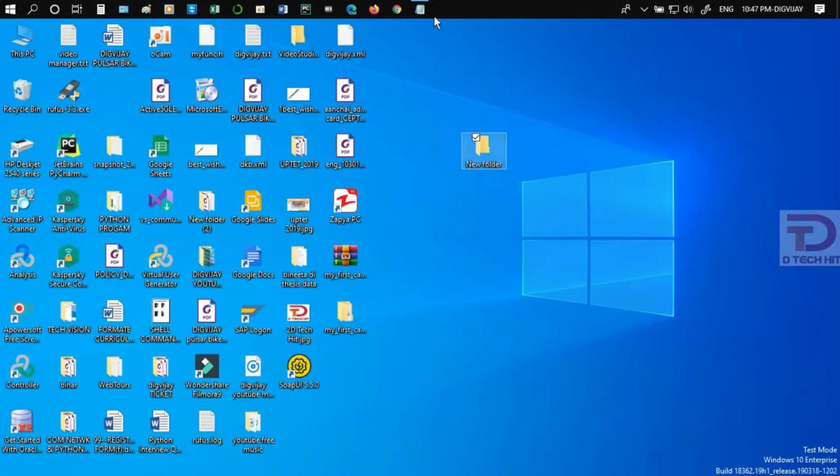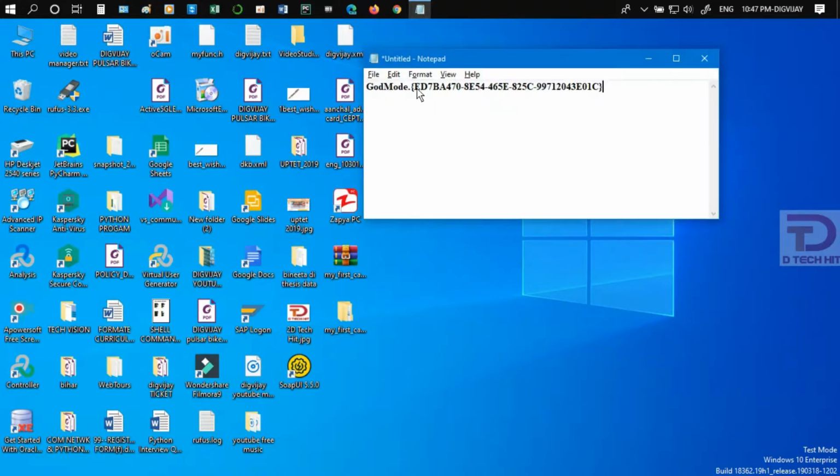Now, for the God Mode creation we need a code. With the help of some code we create a God Mode folder. To follow this code you can give any name, God Mode or any name. I am giving God Mode, and you copy this